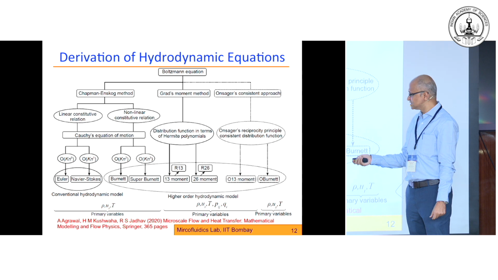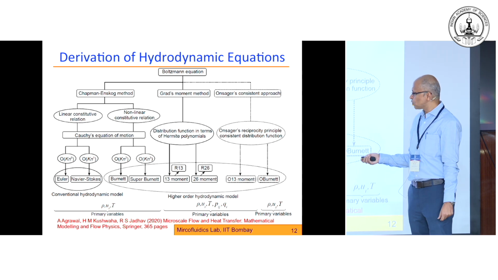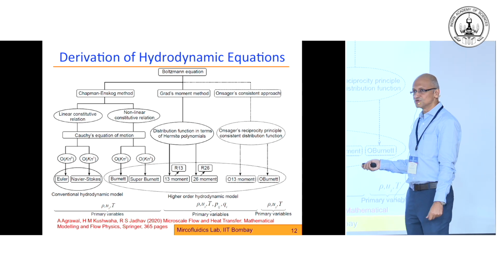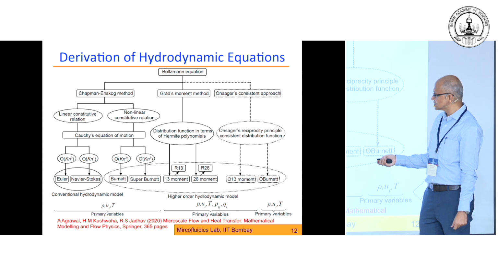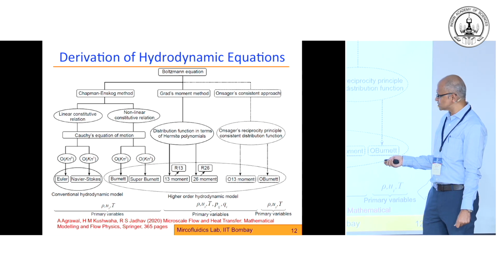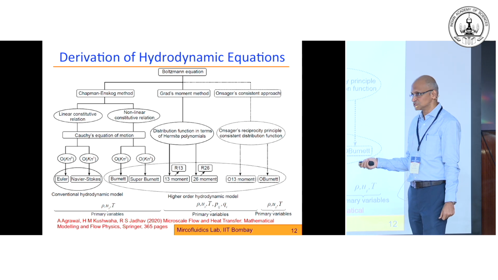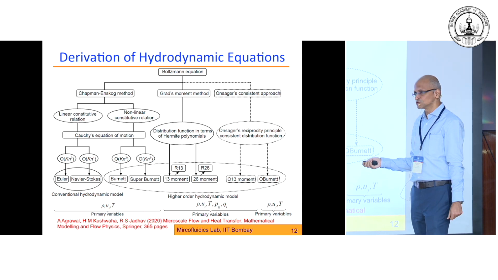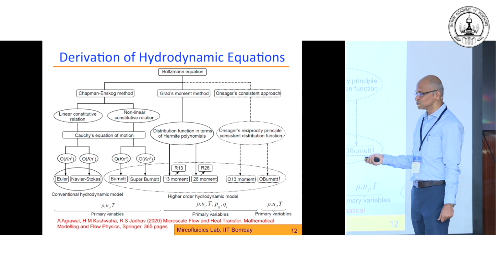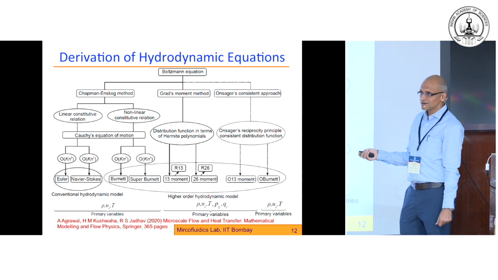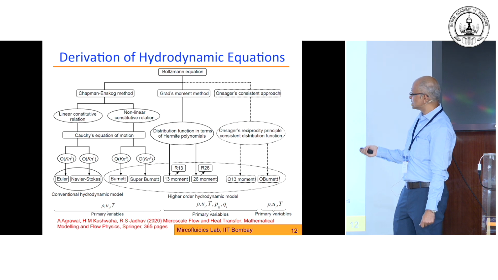And then these are well-known equations, and we can extend this exercise and obtain the so-called Burnett and super Burnett equations. You can see that the Burnett equation would have all the terms that are present in the Navier-Stokes equations and more, and therefore this becomes a superset of the Navier-Stokes equations. Similarly, one can go to the super Burnett equation, which will be a superset of the Burnett equation, and so on.